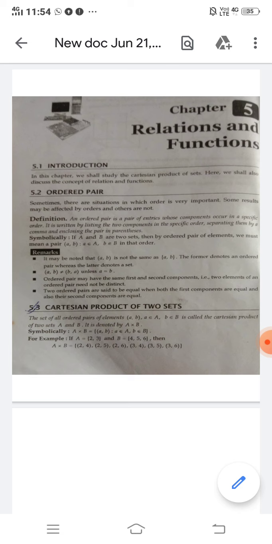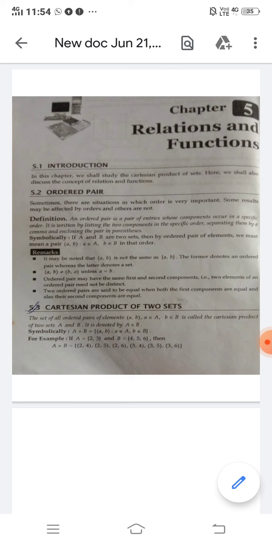As I have told, unit 4 has two topics, functions and relation. Till now I have discussed functions, meaning domain, range, types of function, composition of functions and inverse function, with numericals. Today I am going to start relation. Before understanding relation, we must understand the terms ordered pair and Cartesian product of two sets. So let's understand Cartesian product.